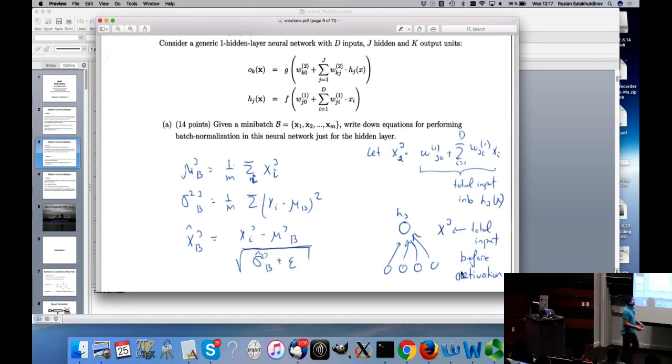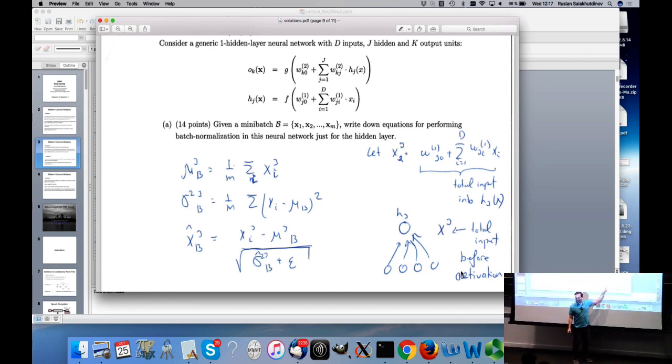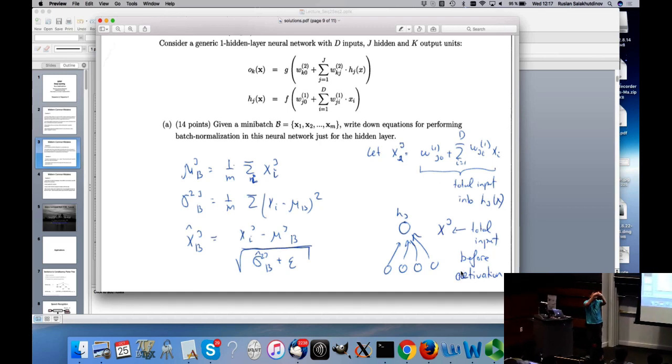Let's think about this. If I have some hidden unit J here, and this is my input, where do I do my batch normalization? I do my batch normalization by taking this input multiplied by the weights, and I want this quantity to be 0 mean variance 1, right? If I take these inputs and somehow do batch normalization on them, each one of them is going to be 0 mean variance 1. But when I multiply by the weights, if my weights are large or small, then the total input to the H_J could be something else. So you always do batch normalization to pre-activation. So for every hidden unit, the input to the hidden unit is 0 mean variance 1.